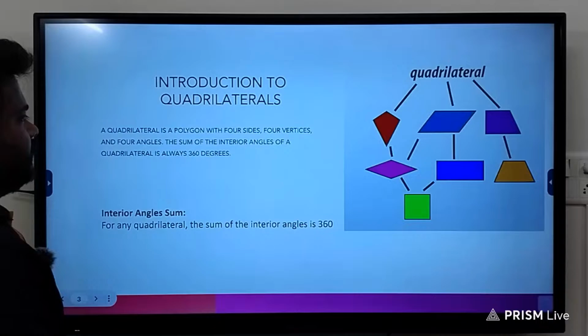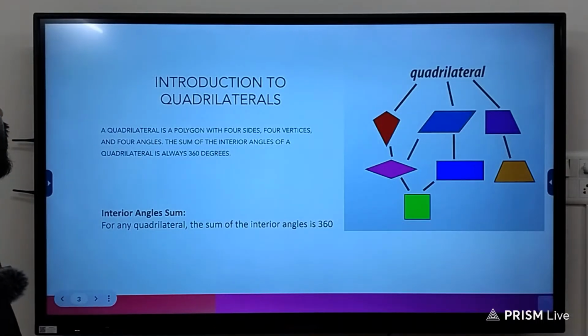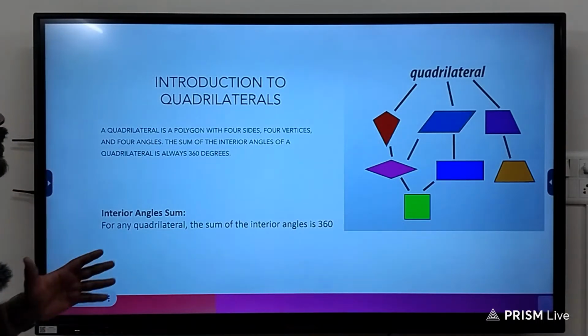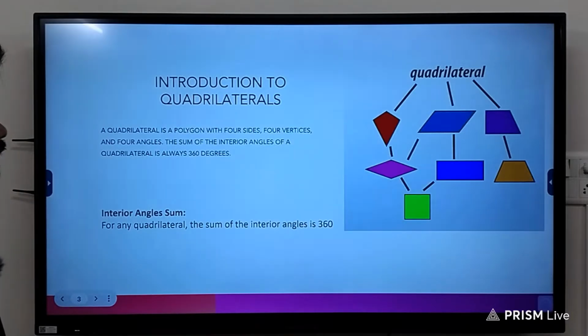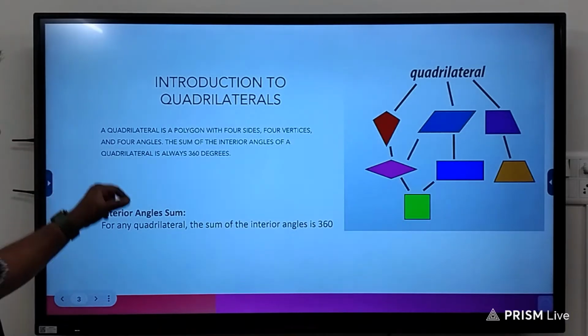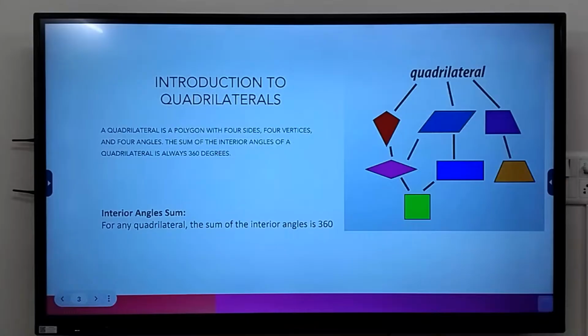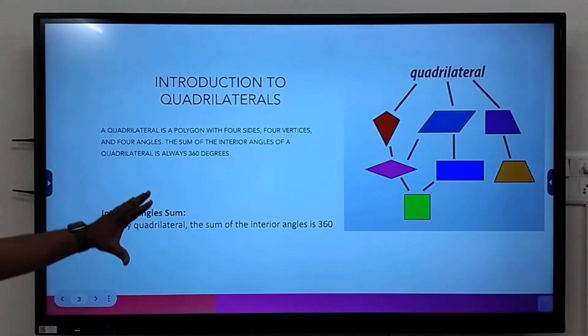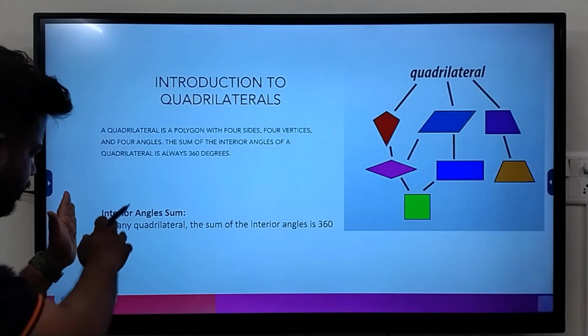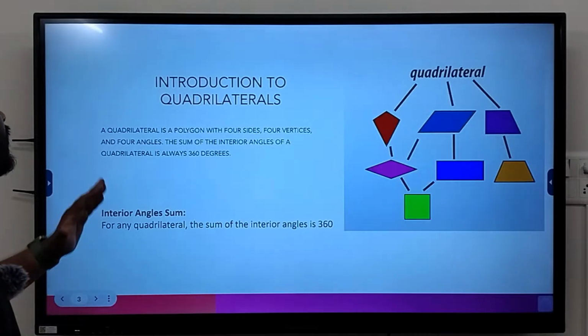Now let's go further. Introduction to quadrilaterals. A quadrilateral is a polygon with four sides, four vertices and four angles. The sum of the interior angles of a quadrilateral is always 360 degrees. Interior angle sum, okay, I will discuss it later. So first